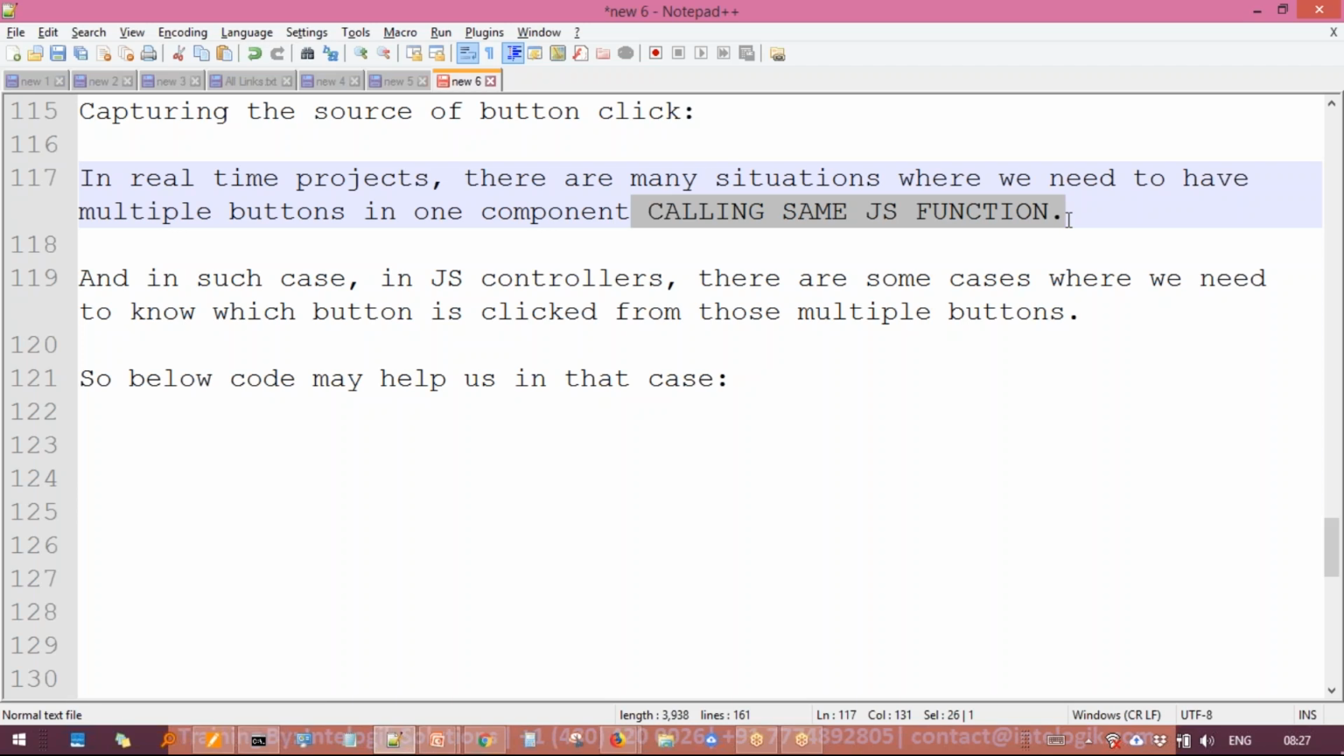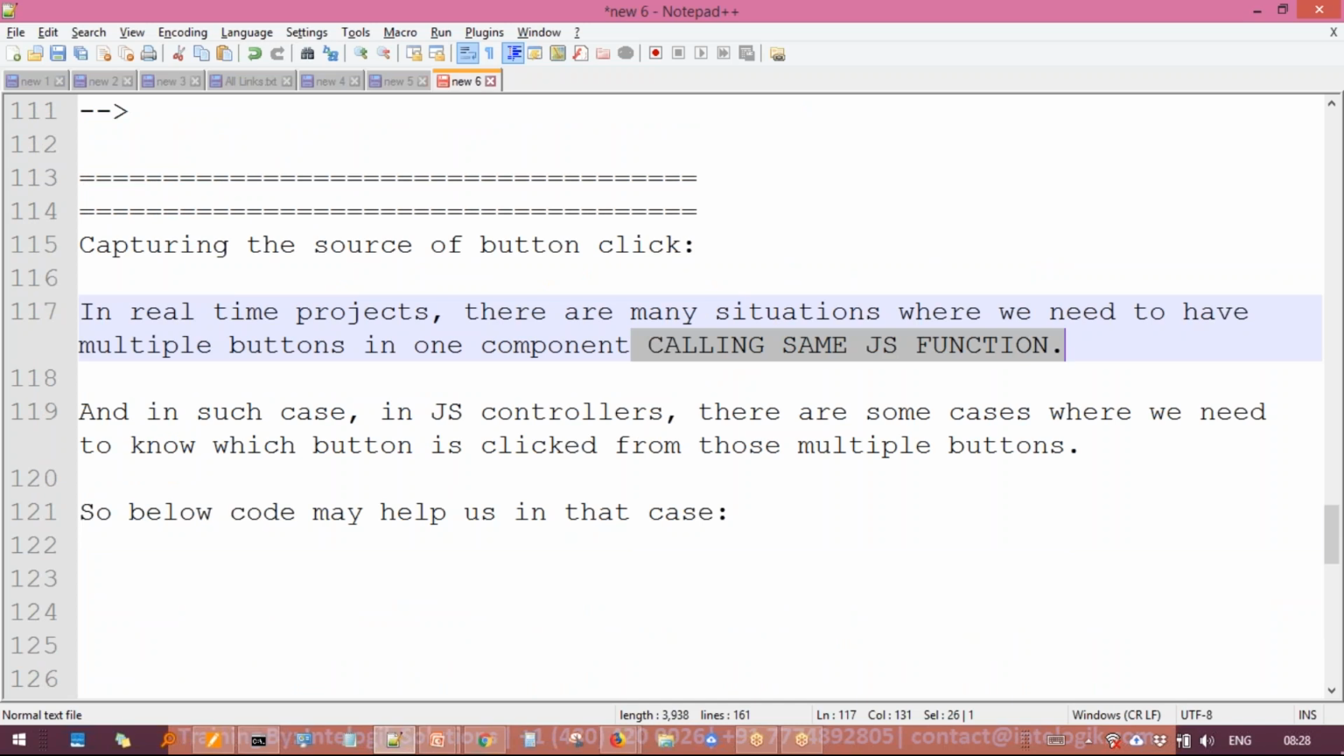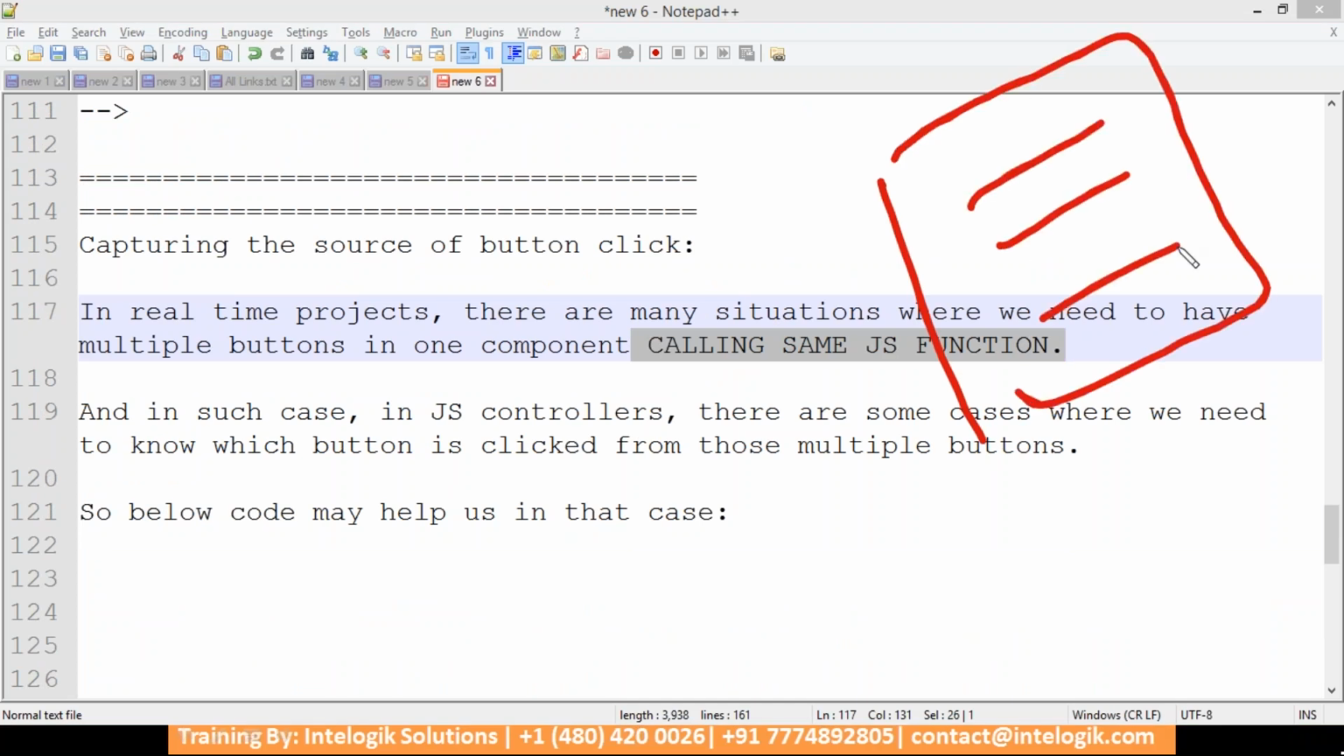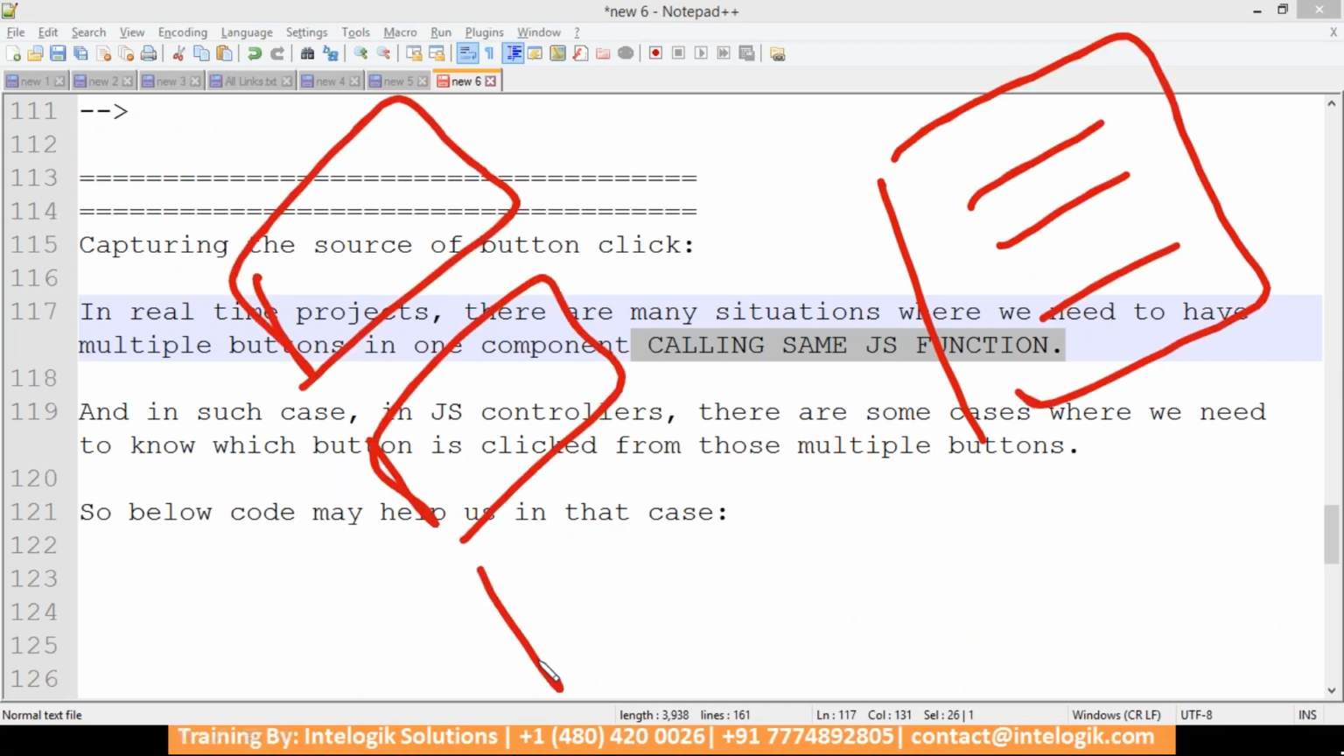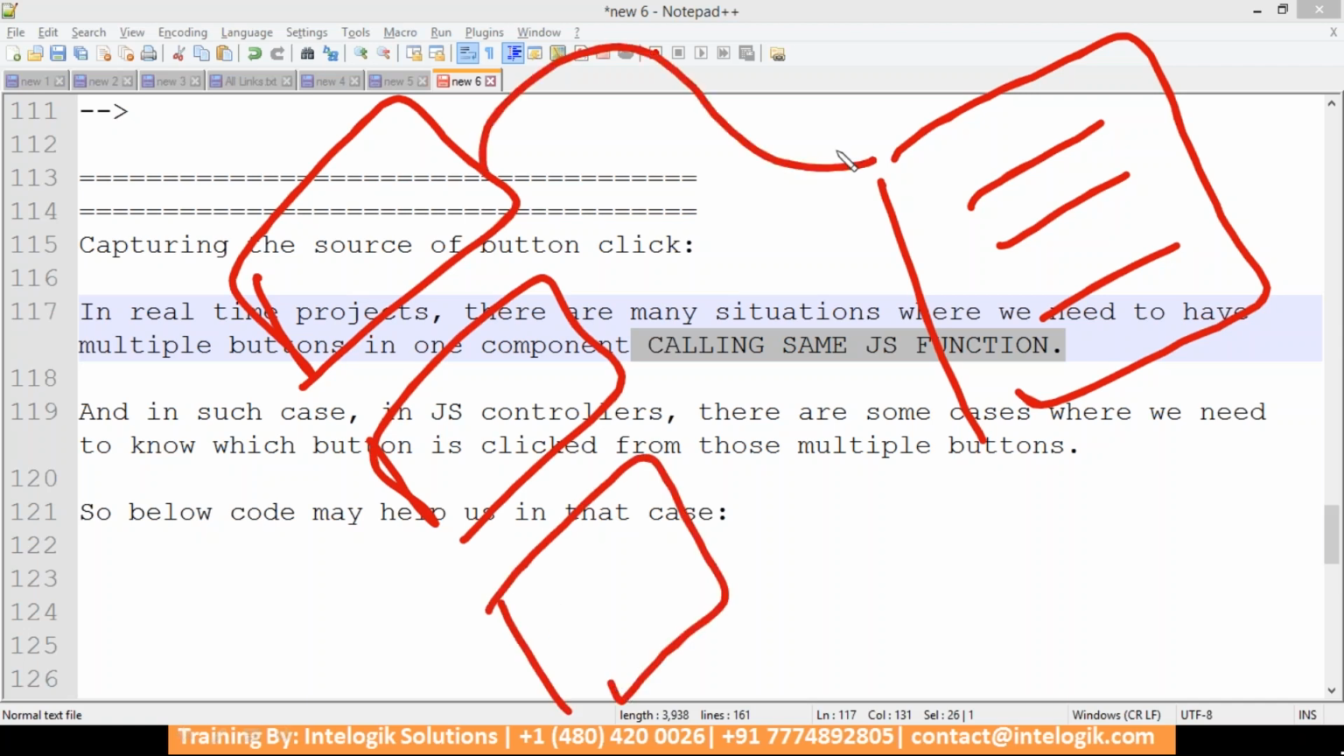And let's say multiple buttons are calling the same functionality, then here we have a problem because we cannot use multiple functions. And second thing, multiple buttons are calling the same function, so we don't understand which button is calling which code. Here we have the JavaScript code, and we have button 1, button 2, button 3. We don't know which button is calling which code,